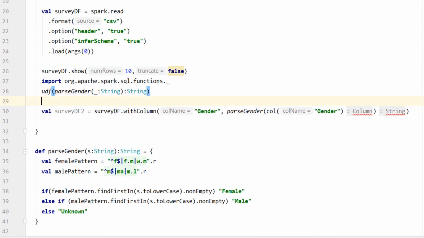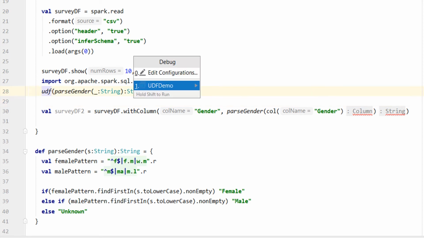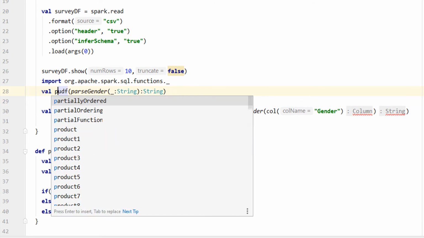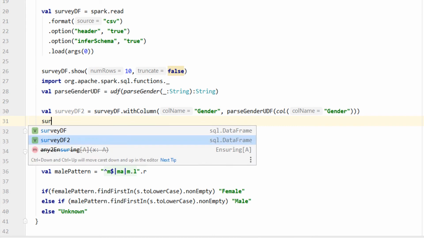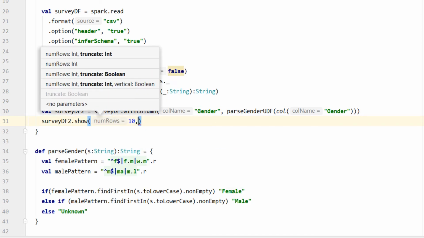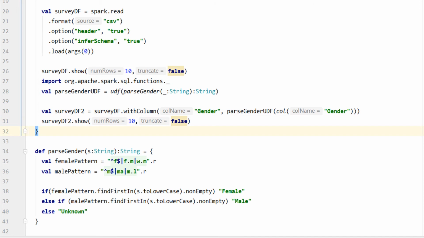What does it mean? Simple. It takes one argument of type string and returns a string. That's all. The udf function will register it and return a reference to the registered UDF. Now you can use the UDF reference here. That's all. Let me show the new data frame so we can see the before and the after state.